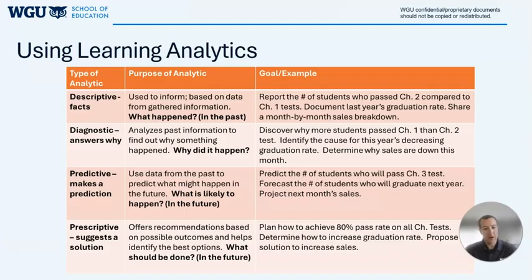Prescriptive, again, is going to be all about the future here, but this is what should be done. We want to suggest a solution here. So more than just using a pencil to plot out where we think that graph is going to go, now we're going to draw a line here where we want that graph to go, and we'll put a little asterisk there because this is what we've got to do to get there. How can we increase our graduation rates? How can we increase attendance? How can we increase sales? What are these actions that we want to take to get to a desired outcome?